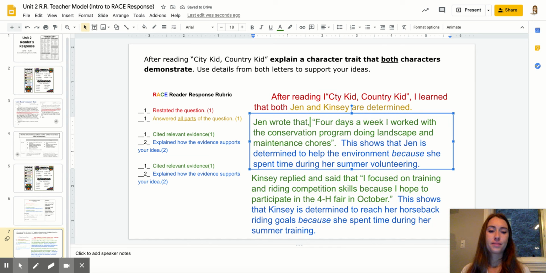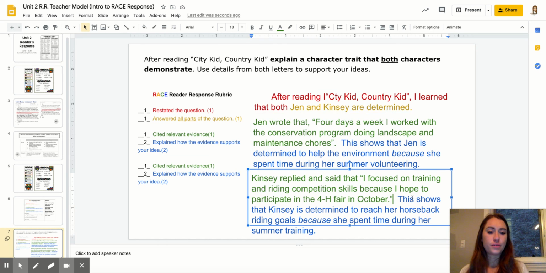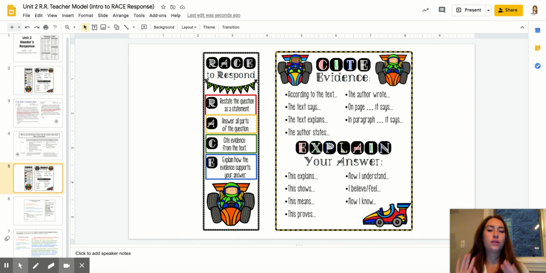Then after my full sentence, I put a quote and my period on the outside of that quotation mark. Looks like here my period was on the inside. I'm going to fix that. Your period should always go on the outside of your quotation mark, and then we should have a comma before that quotation. All right, everybody, good luck writing your very first full-on reader's response, and be sure to use this